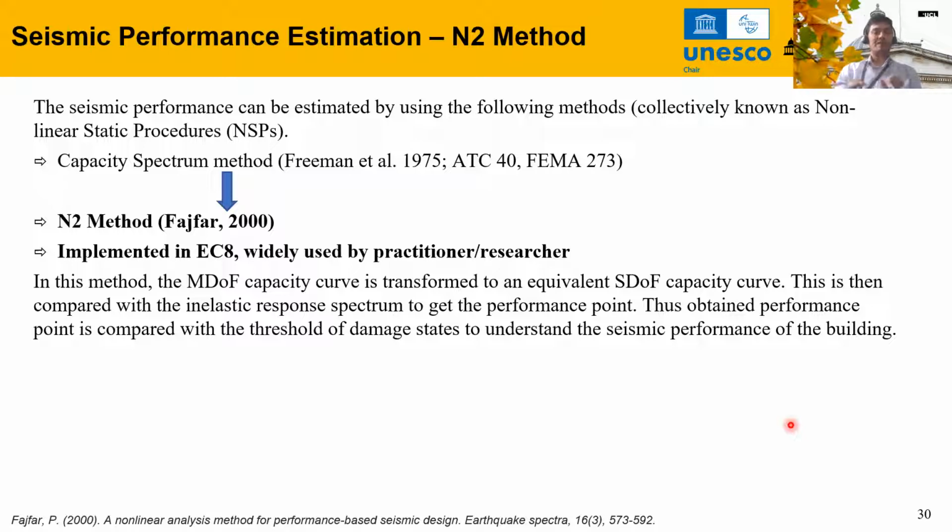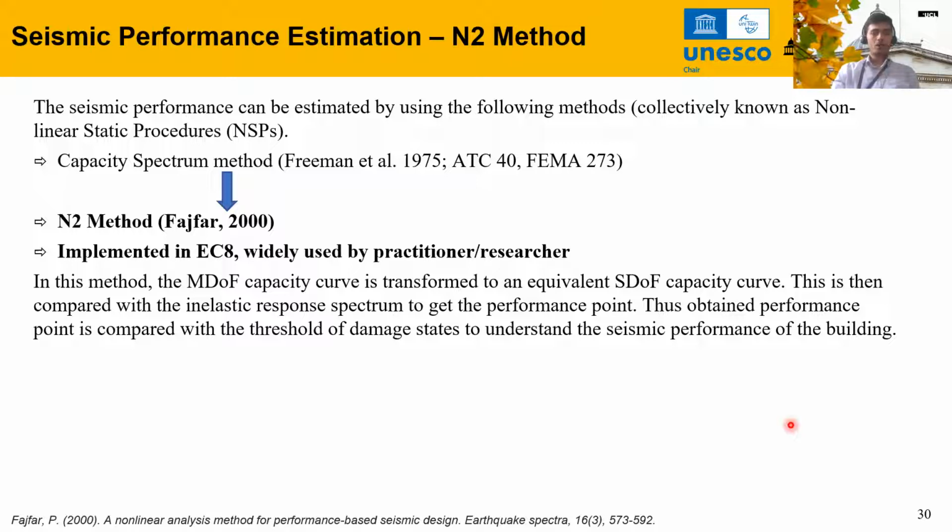The N2 method is based on the capacity spectrum method, which was developed early in 1970 by Freeman, and this was implemented in several US standards, for example, ATC. The N2 method particularly was developed by Fajfar around 2000. It has been implemented in Eurocodes. It has been used widely by practicing engineers and researchers in the